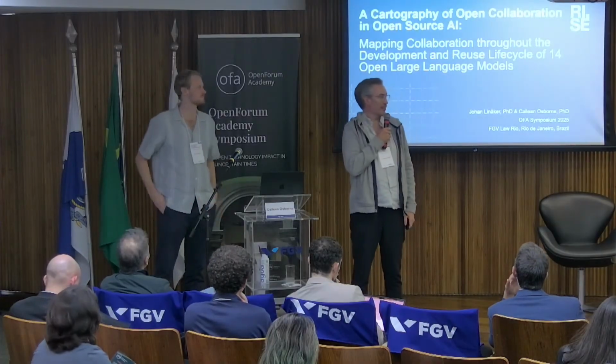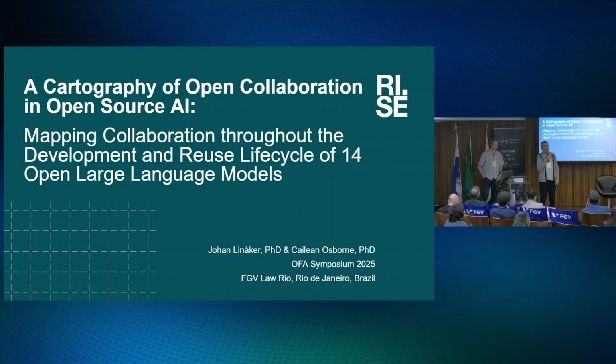So our study is called the Cartography of Open Collaboration in Open Source AI. And when we say open source AI, we talk about more permissively shared models. So not all of these models that we've surveyed align with the open source AI definitions. We are very transparent with that, but we are much more focused on the open collaboration model implied by open source. So open source is firsthand defined by the license, but we're looking more into the open collaboration model.